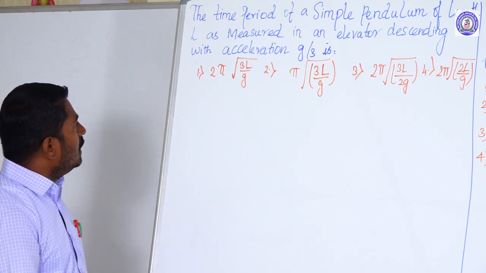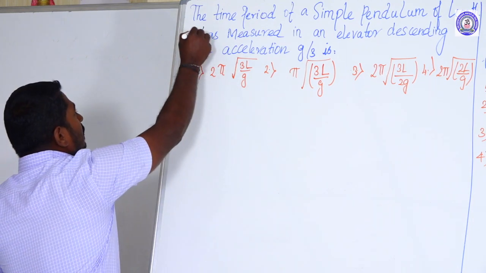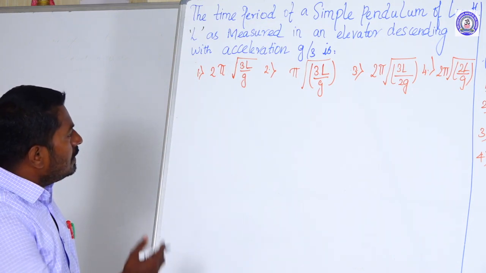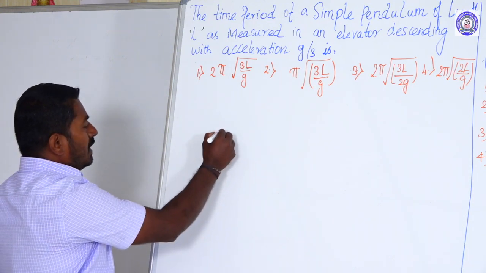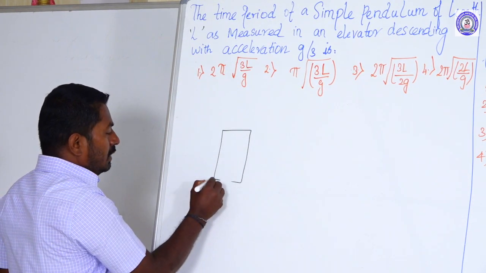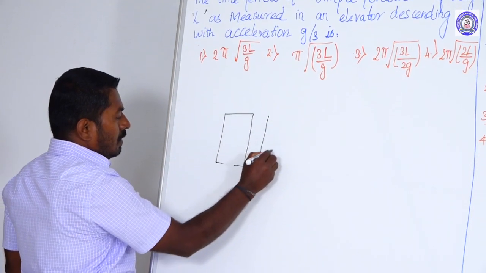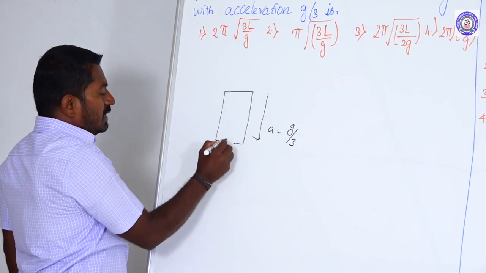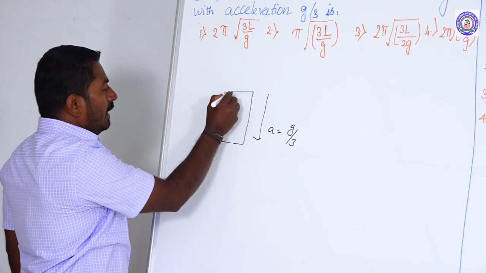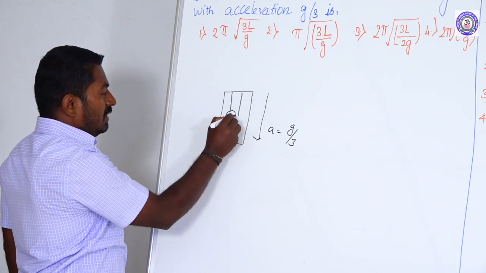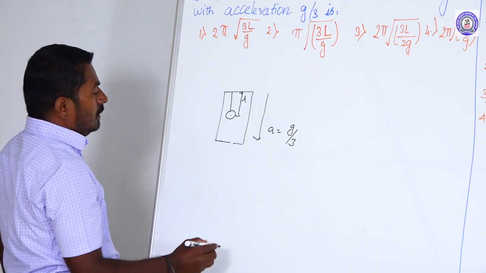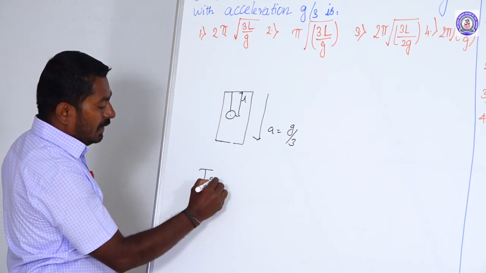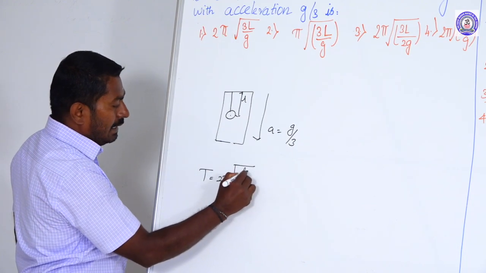The time period of a simple pendulum of length capital L as measured in an elevator descending with an acceleration g divided by 3. So the acceleration of the elevator along the downward direction a is equal to g divided by 3. If a simple pendulum experiment is performed inside the elevator, length of the simple pendulum L, then initially the elevator is at rest, time period of oscillation T is equal to 2 pi square root of L divided by